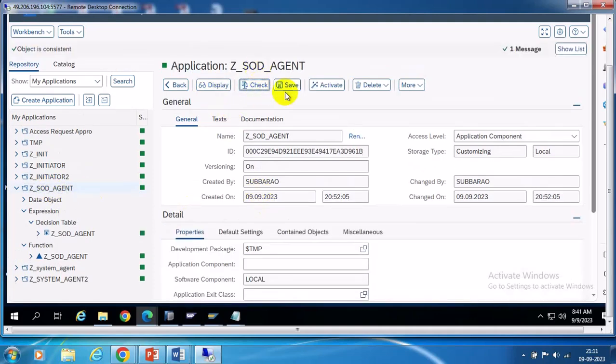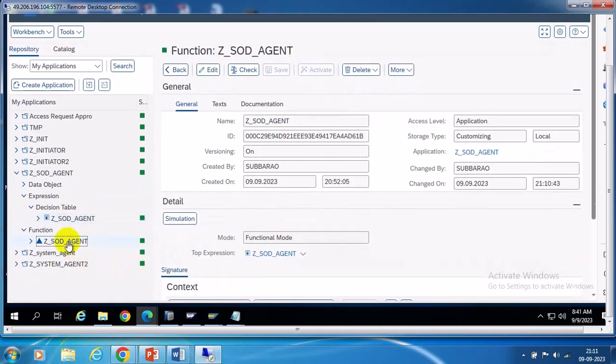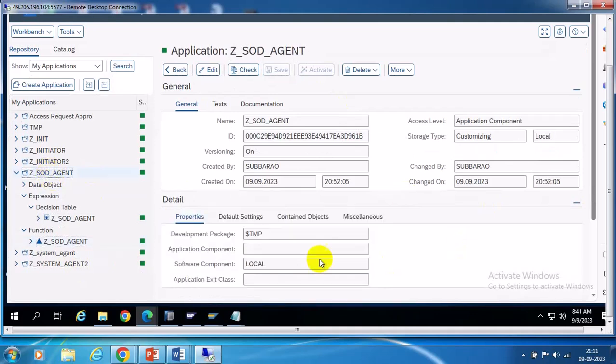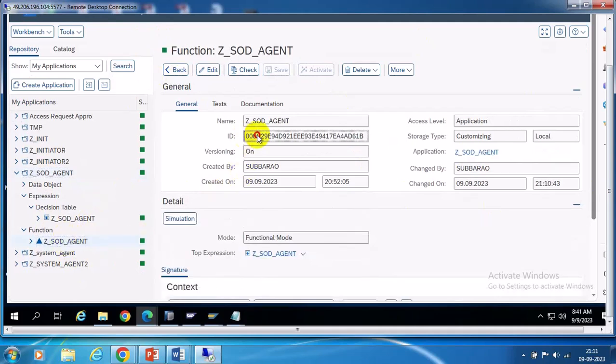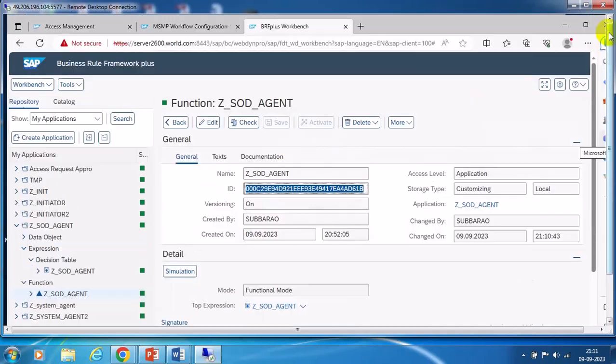Edit, check, save, activate. So first decision table, then function, then application. Function ID, then